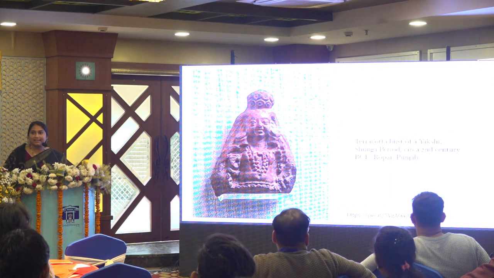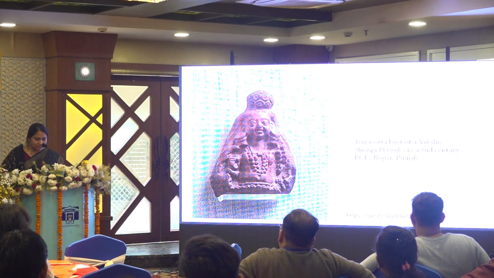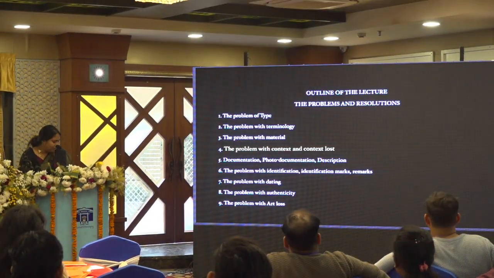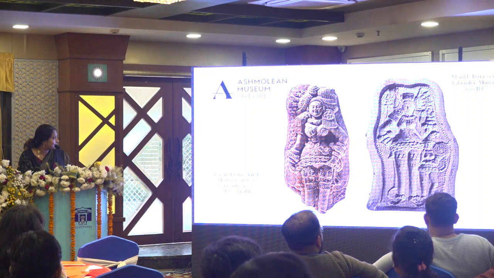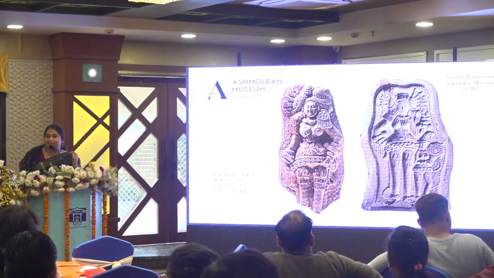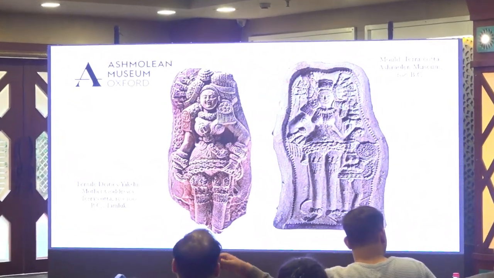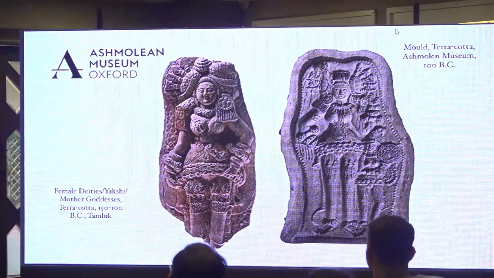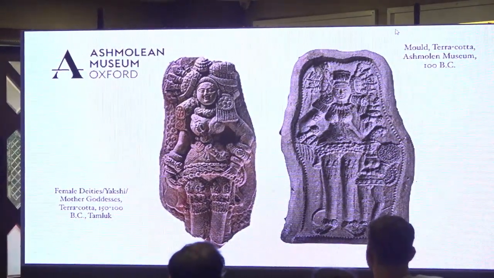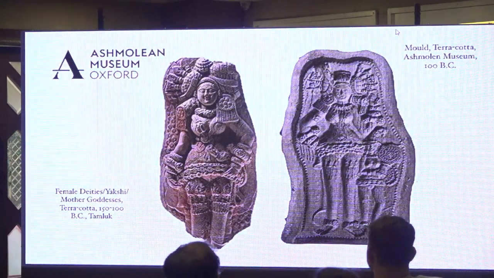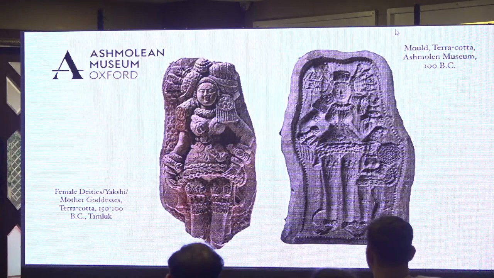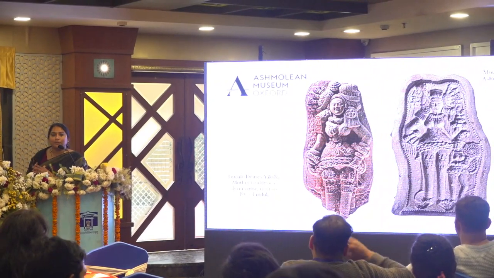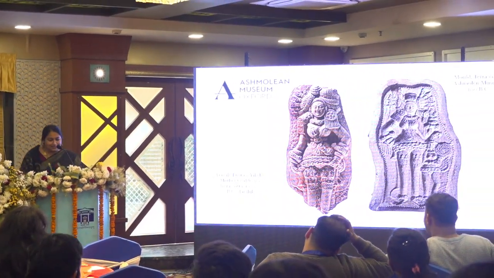So we have to understand that the terracotta figurines which were produced in Pataliputra, of course, has some of the similarities. Pataliputra and as well as some part of eastern India, Chandrakoitugarh, Tamluk, we have a huge number of terracotta figurines. Sometimes these are called Yakshi, sometimes are called Siddhima Devata, sometimes fertility cults, everything. We also have molds for them, that they were made by mold. But because of the label that these are Shunga terracottas, it stayed with this group of figurines that these are Shunga terracottas. As a result, what happens is,